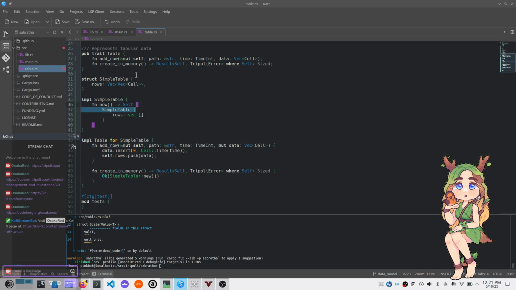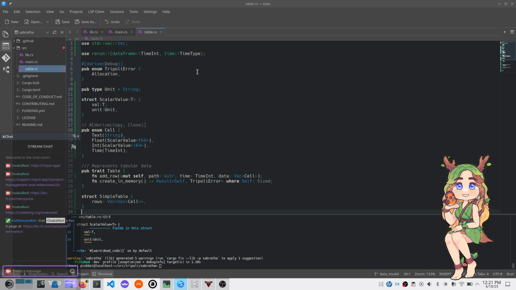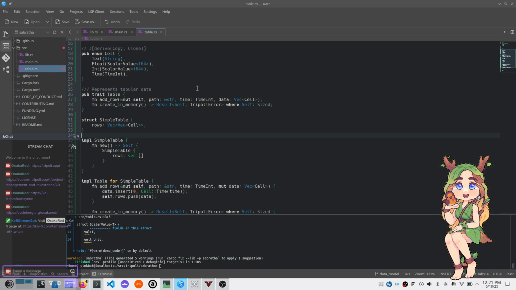Okay, so now let's make things a little bit more complicated, because we're ignoring the path. And that is a good error. We are ignoring that. So what I should want is like a map of these tables. Is that right? Yeah. Indeed, table might not be the right word for any of this. So let's actually change that,